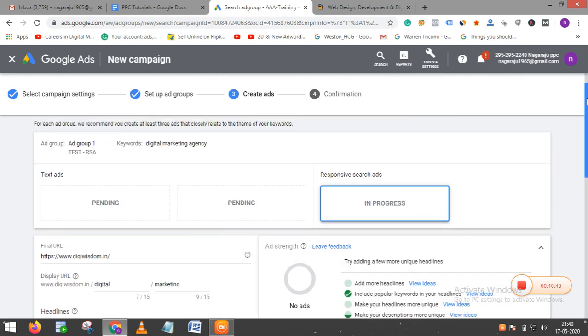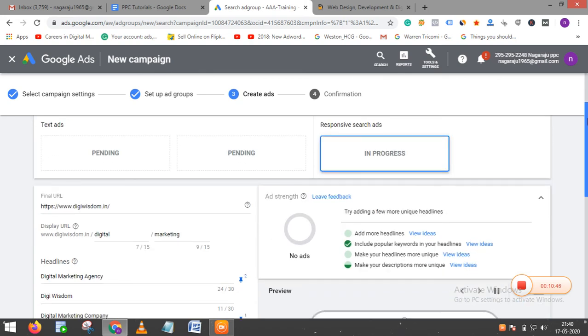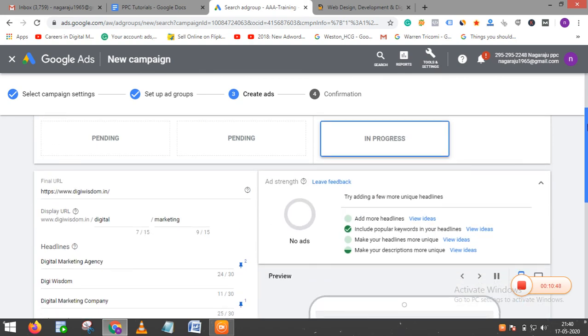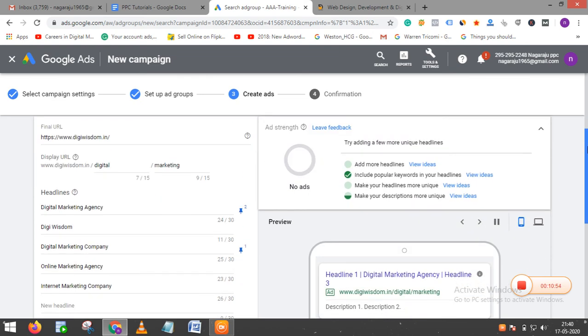With the help of responsive search ads, the benefit we get is that you can increase the CTR for your ads. In normal or expanded text ads, you cannot enter more than 3 headlines.